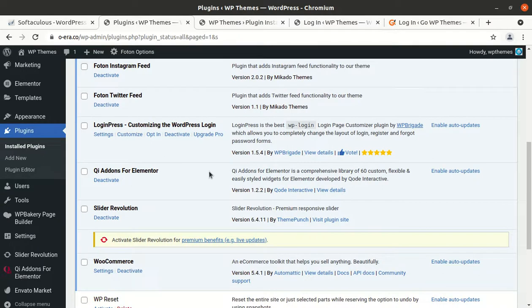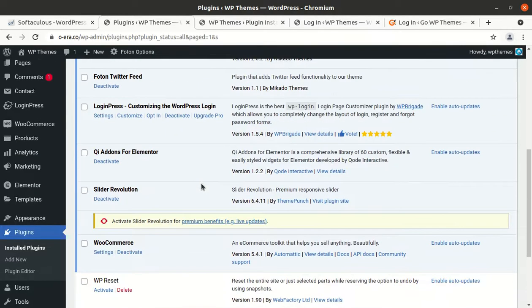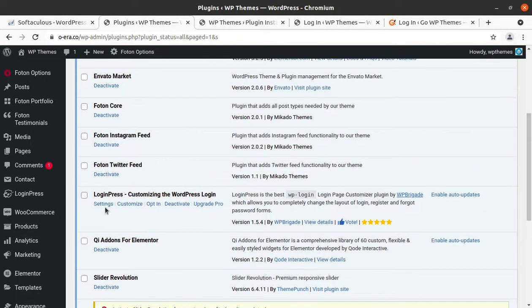Let us find where it is. This is the LoginPress plugin for customizing the WordPress login. Now we have to go into settings, customize, opt-in and all these operations for making a custom login screen.